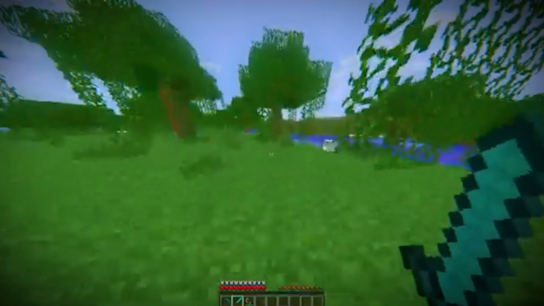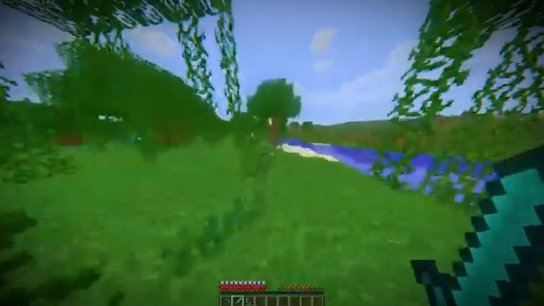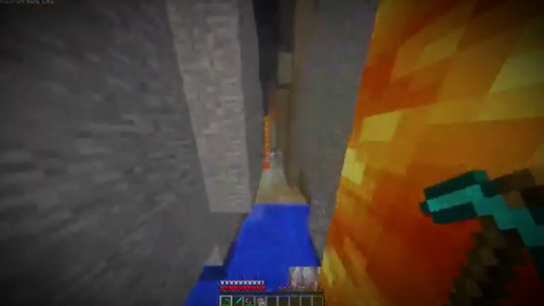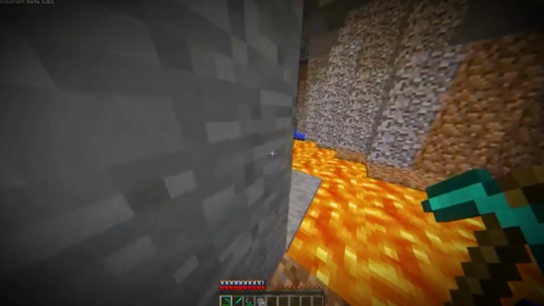He gets so scared that he starts to run away to find a safe place to hide. He runs and runs, eventually going into a cave, digs straight down and finds bedrock. He knows he can't break that. He runs again and eventually deep down in the cave, the video ends.